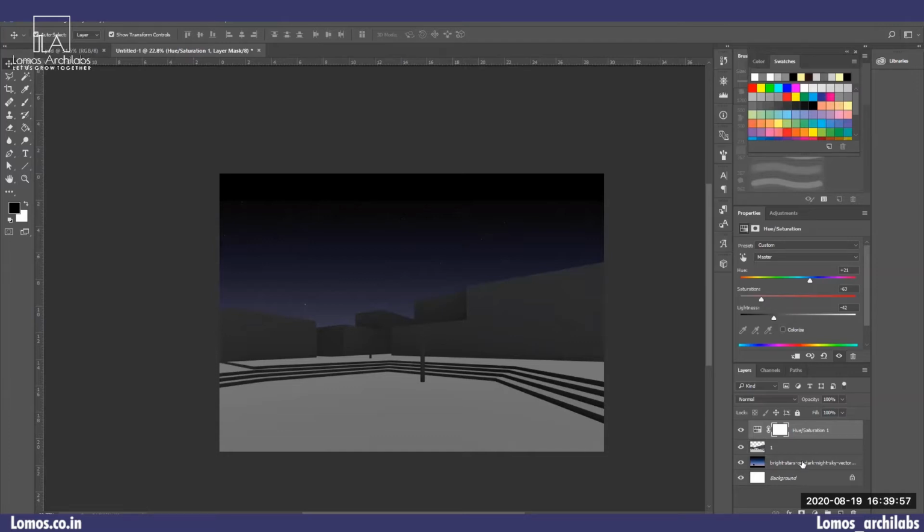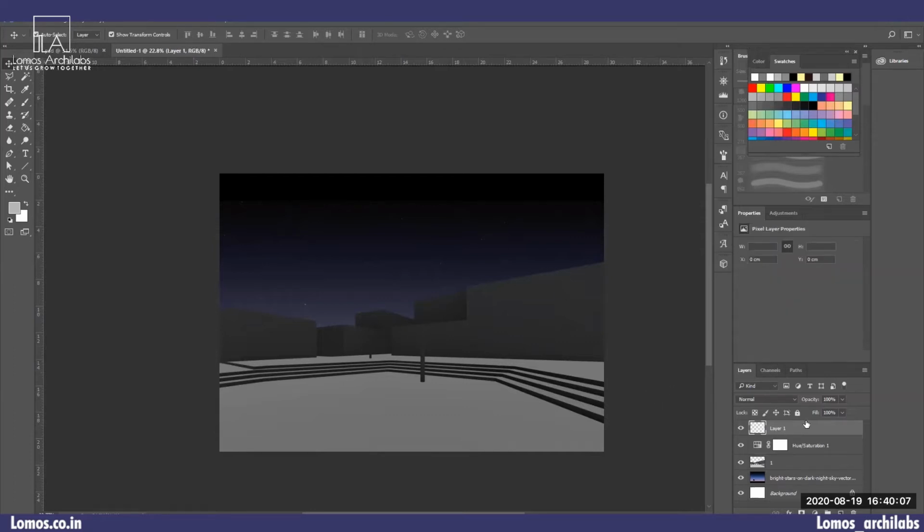Now let's move forward. So after I have placed the sky and the model, now what I want to do is I will create another layer, and now this is going to be for the lights which we are going to put. So I will create a folder first. I will create a group and I will name it as light. And let's just put this layer in the light group.